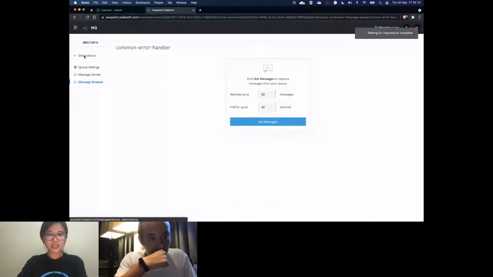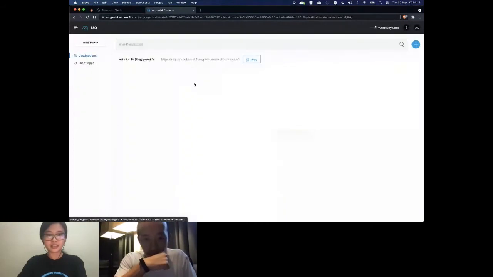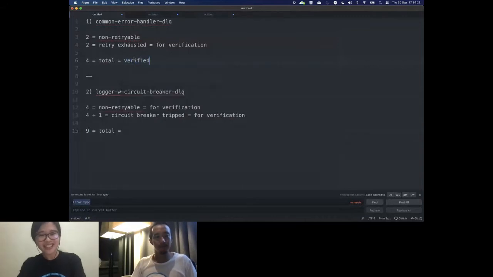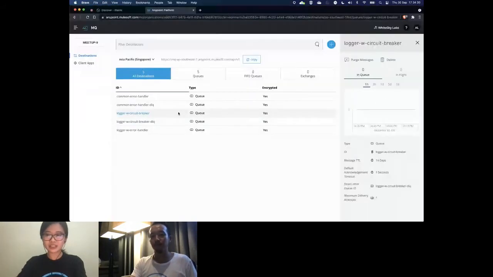I don't think it would be there anyway, so let's see. So yeah, now it's in our common error handler DLQ. So yep, verified. It indeed got sent to the common error handler DLQ. As for the circuit breaker, let us check. Yep, nothing is there anymore.